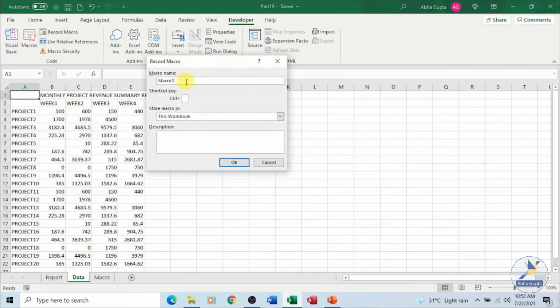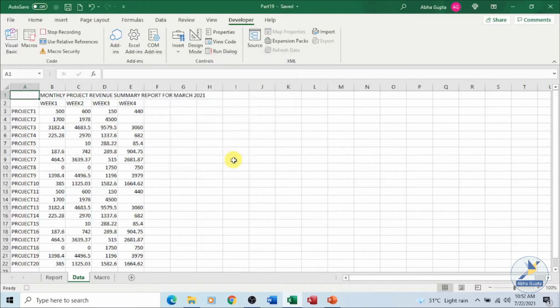You have to give a name to your macro. Say I call it format report. You can give a shortcut key, a description, and specify the scope where you want this macro to appear. We are having this macro for the entire workbook.